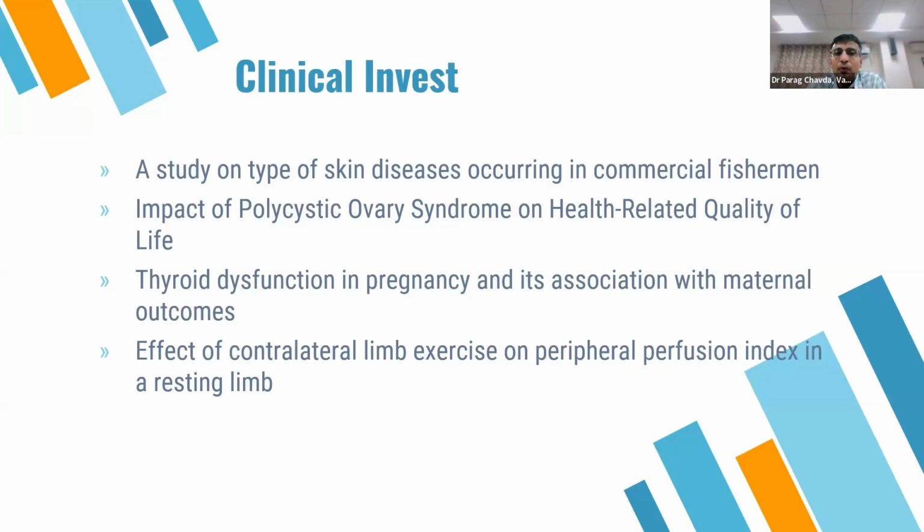Second is the impact of polycystic ovarian syndrome, which is increasingly common nowadays, on health related quality of life. So quality of life is also gaining importance these days, and there are tools available of multiple questions. If, for example, you ask the patient 15 questions, and the tool gives you a score of the quality of life of this particular patient. So there are tools of health related quality of life in general, or in some cases, disease specific quality of life as well. This is one such study involving such a tool on polycystic ovary syndrome.